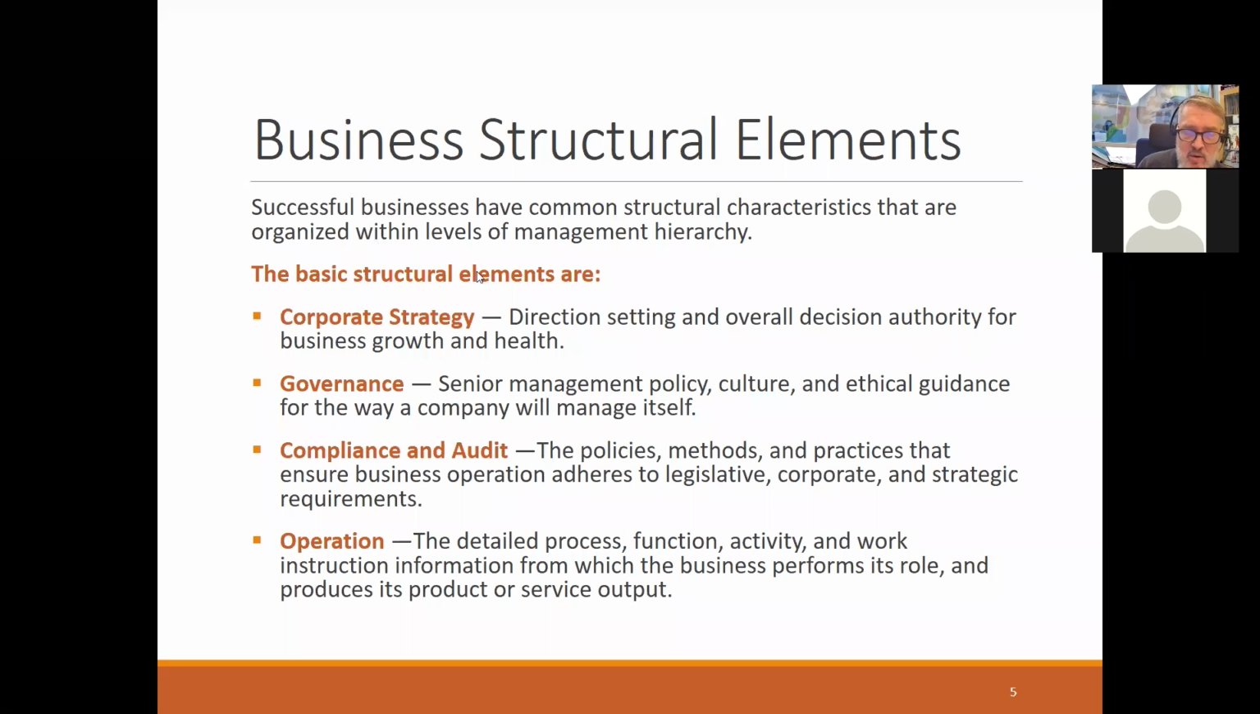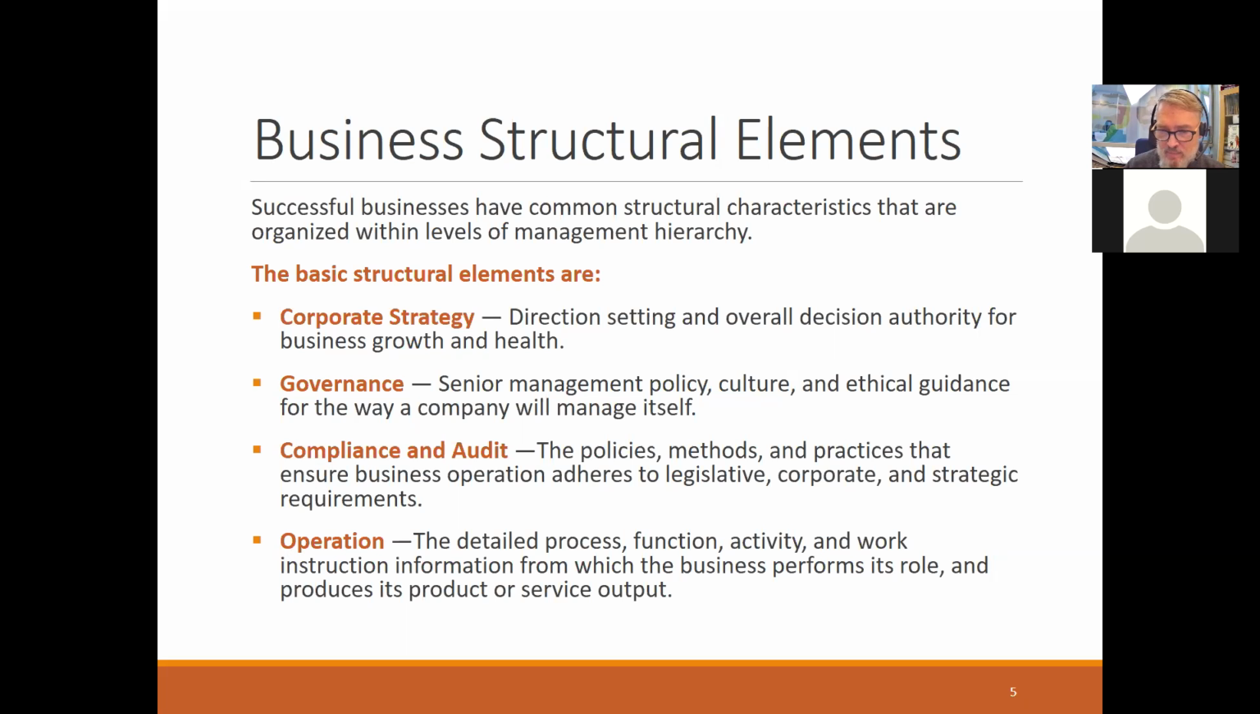So the idea here in this slide is we've got the business and we've got the IT people. I told you ITSM is about bringing them together. So if we're going to do that, we need to understand the business. This slide is about what is the business? So the business is going to have some strategy. It's going to have some governance, compliance, and audit operation. Compliance and audit people might have some